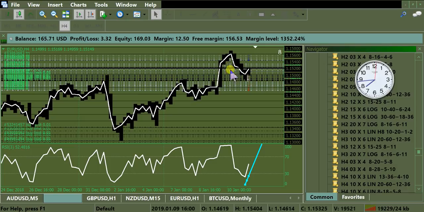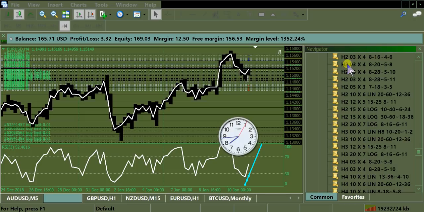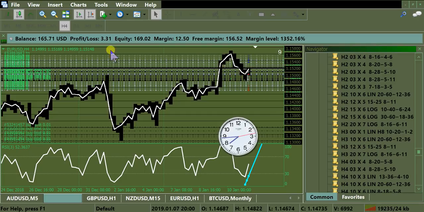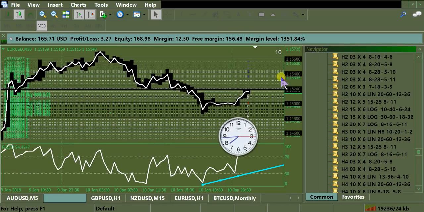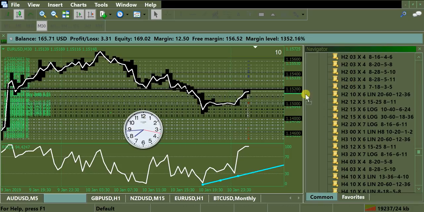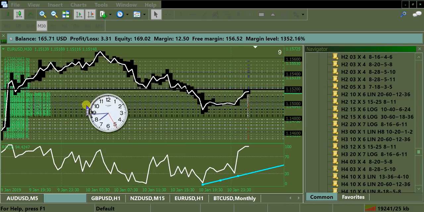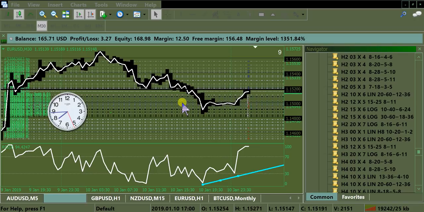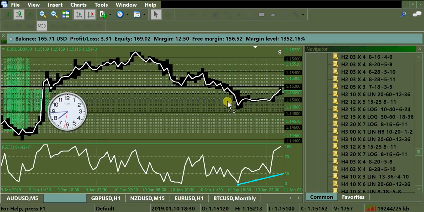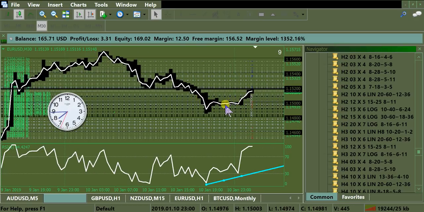I'd hate to chase that, so I'll chase it on 2-hour limits, try to make 28 pips. I'm saying that market's got to come down in 2 hours and fill this. And that's got to be the best way to trade that for me, because if I'm going to put a buy stop here to get filled on confirmation, I'm probably just going to buy at the market with a tight stop.